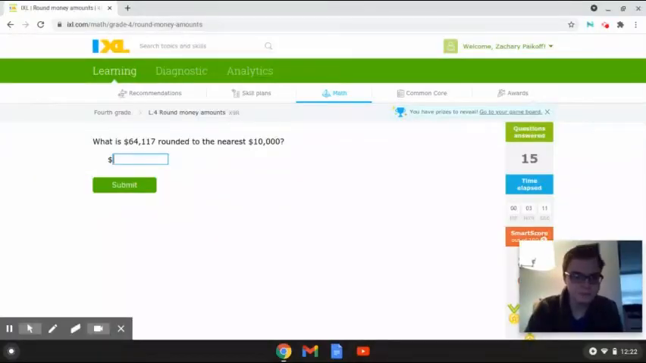Okay, so this first problem reads, what is $64,117 rounded to the nearest $10,000? Alright, so in this problem we are given $64,117. And if we look, the number 6 is the key digit that we're going to be looking at. So that's the number that we're going to be rounding to. And if we look to the right of the key digit, which is 6, we have the number 4. And the number 4 is less than 5, so that tells me that this number is going to round down. And it will become